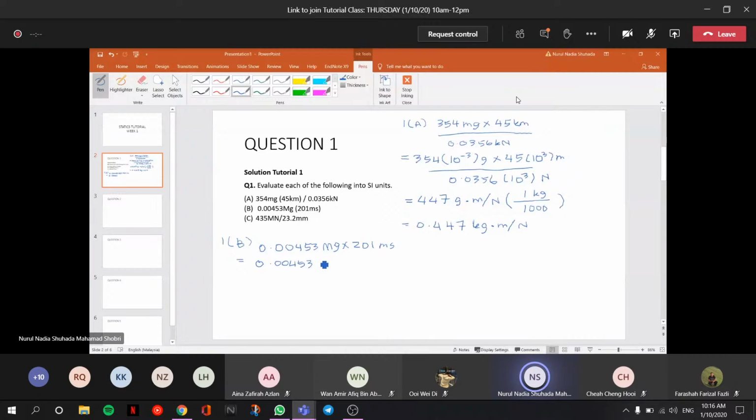So you change the prefix mega to the form 10 to the power of 6 times 201 milliseconds. So the milli you guys change to 10 to the power of negative 3 seconds. And then you guys would get